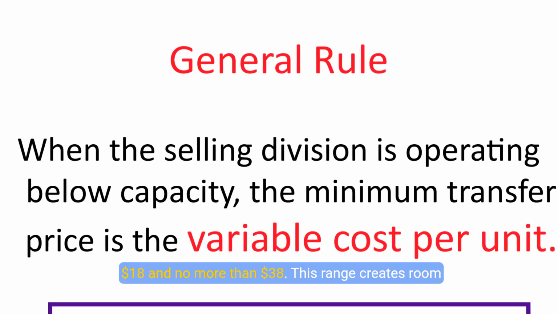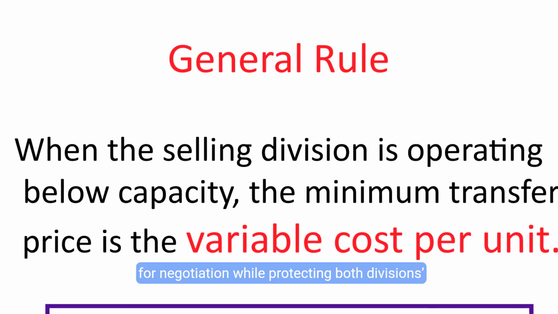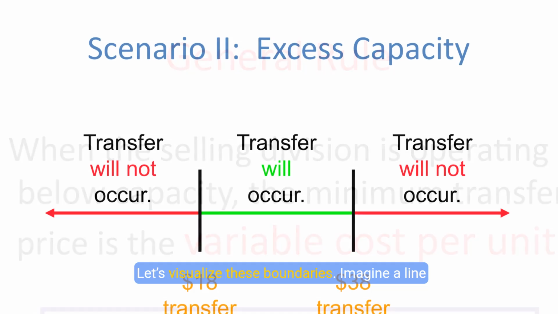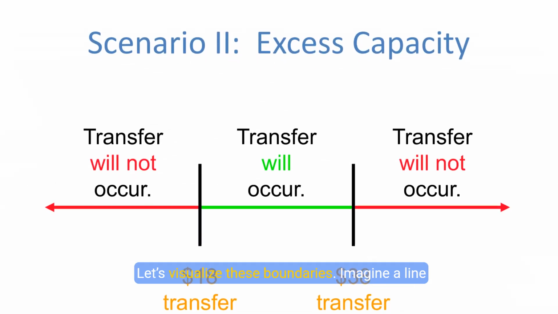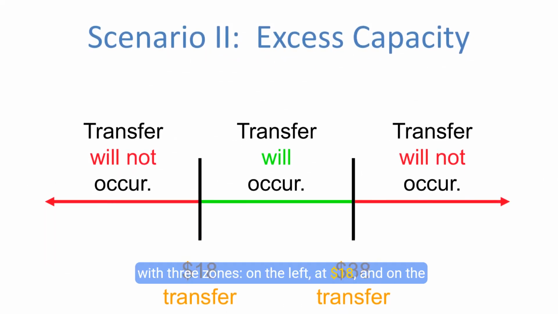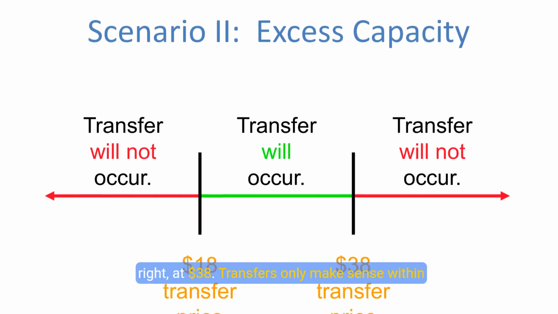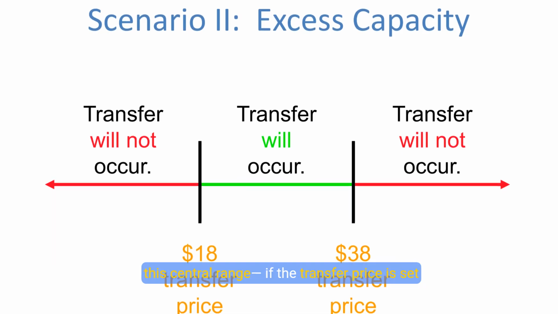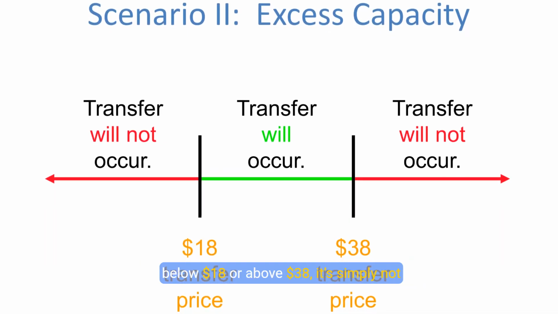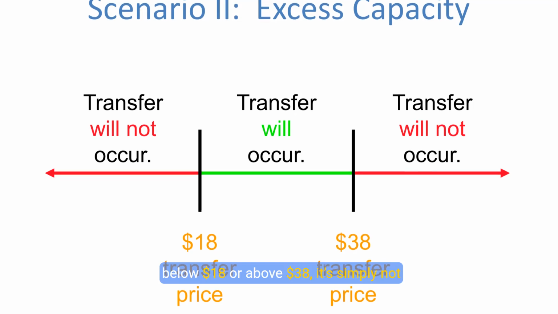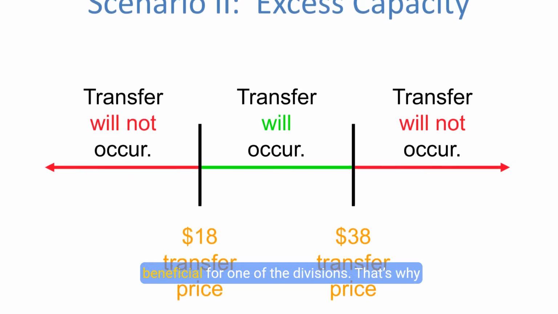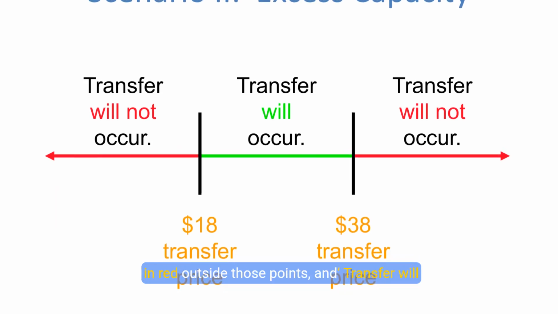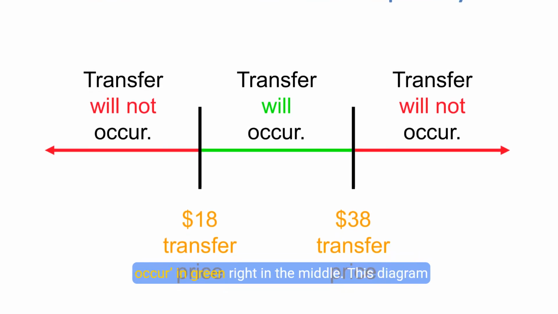This range creates room for negotiation while protecting both divisions' interests and aligning with company strategy. Let's visualize these boundaries. Imagine a line with three zones, on the left at $18 and on the right at $38. Transfers only make sense within this central range. If the transfer price is set below $18 or above $38, it's simply not beneficial for one of the divisions. That's why you'll see "transfer will not occur" highlighted in red outside those points, and "transfer will occur" in green